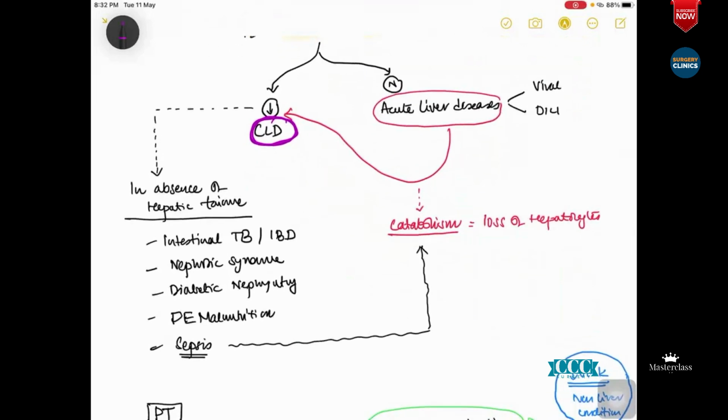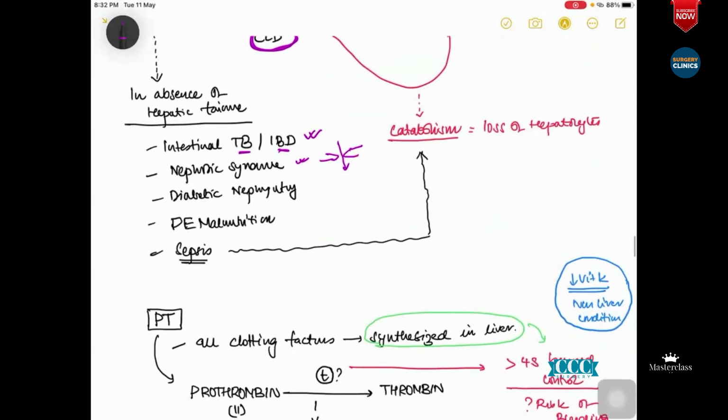Things like an intestinal cause like tuberculosis or inflammatory bowel disease, or nephrotic syndrome, where the podocytes of the kidney get separated, so protein will start to leak out. Then diabetic nephropathy also, where the kidney basement membrane charges get changed, and again you'll have leakage of proteins from there. Now, if the patient has kwashiorkor or marasmus, things like protein energy malnutrition,